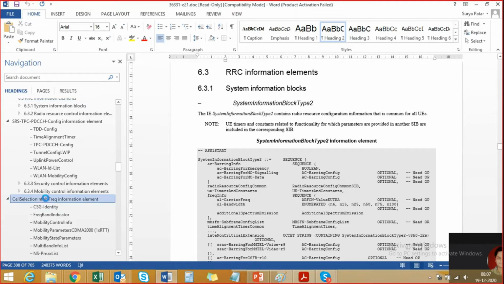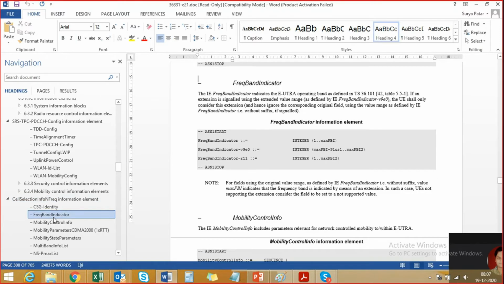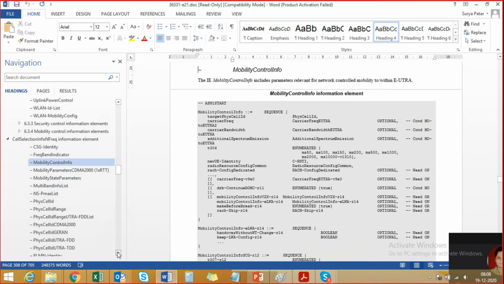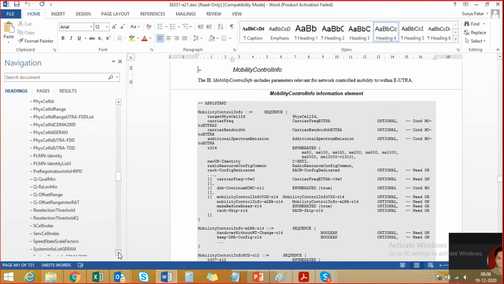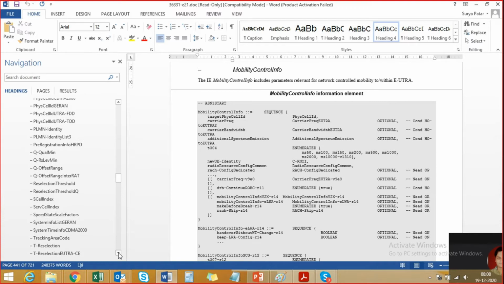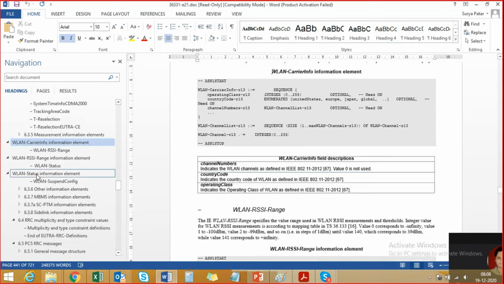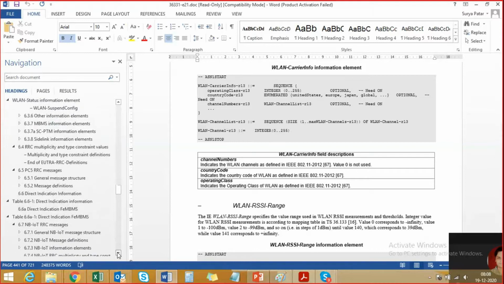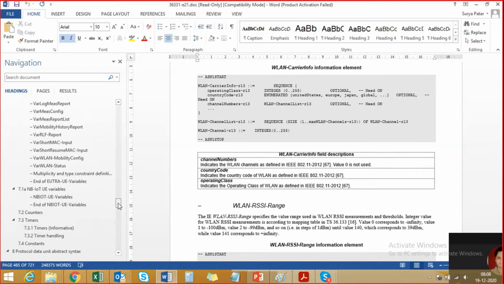Like you will have information elements about cell selection, all this, what are the important ones, I'll show you. With respect to that, anything you want to know, you should come to this document and see this, right? And you have WLAN related, so that's not the intention to cover, but I can tell you briefly as we go. So by the time you get familiar with all of this, you might have some new